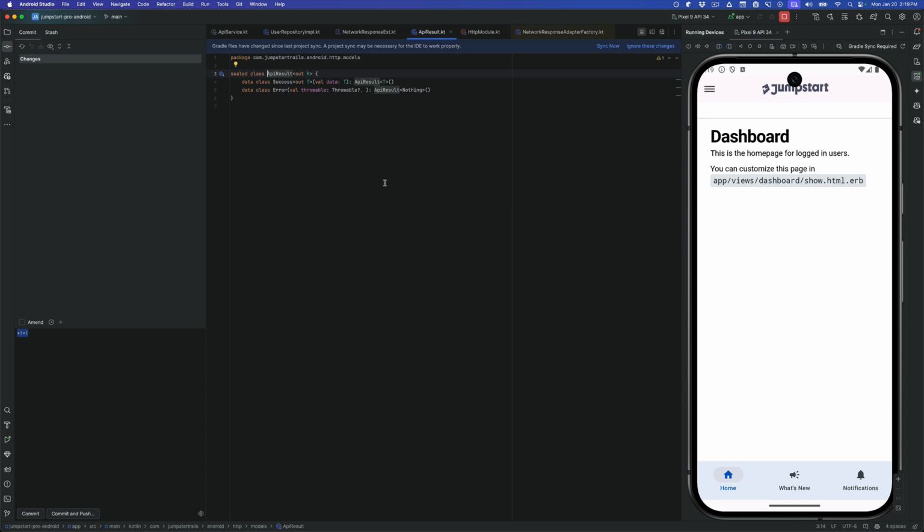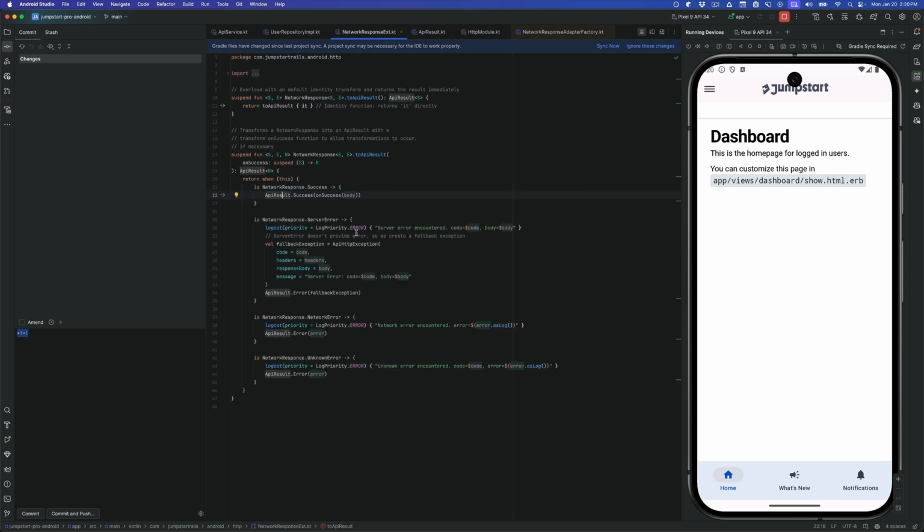That just has two results. When you call an API, there are two things that happen. You either have a successful result or you don't. It's most likely an error, something bad happened. In this instance, however, HTTP communications can have all different types of results. You can have 404s, you have 300s, you have 200s, you have 500s. The network response library helps us determine which one of these it is, and then we can build our API result